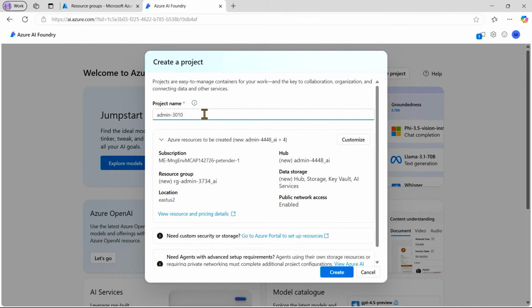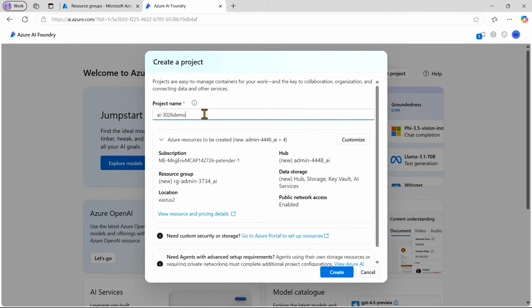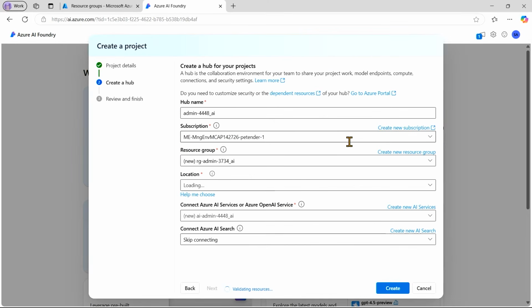To help a little bit in my naming convention, I'm going to call this one the AI-3026 demo because that's in the end what I'm doing. It's the first one, so that's all fine. And I'm also going to customize my setup a little bit. Now again, there's nothing really wrong, I would say, with the pre-built or predefined naming convention it uses, like admin dash with some unique number. But in the end, if I'm working with multiple projects, it sometimes becomes a little bit confusing to me. And I'm just trying to help you as well to understand how this actually works. So in short, you can use the pre-built namings or you can totally customize this,